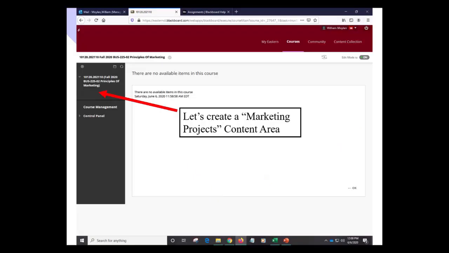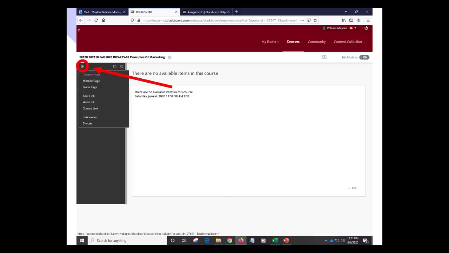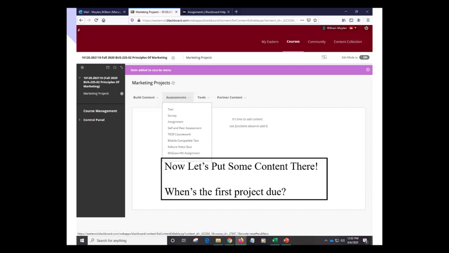Okay, here's my class. There's nothing in it. So the very, very first thing we need to do is create a marketing projects content area. And to do that, I'm going to click on that little plus arrow, and I'm going to create a content area. I've named this content area Marketing Projects. And so now I've got a bucket, if you will, for my marketing projects, and I'm going to add some